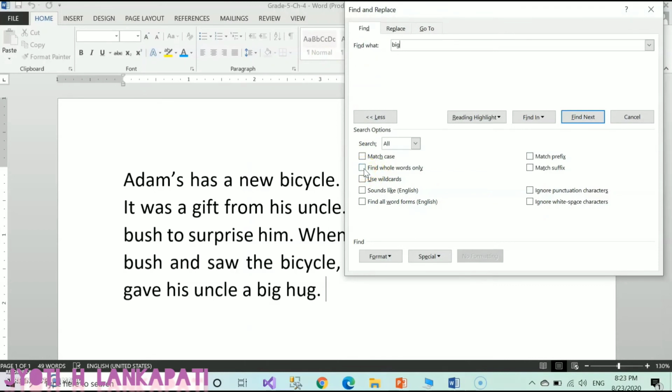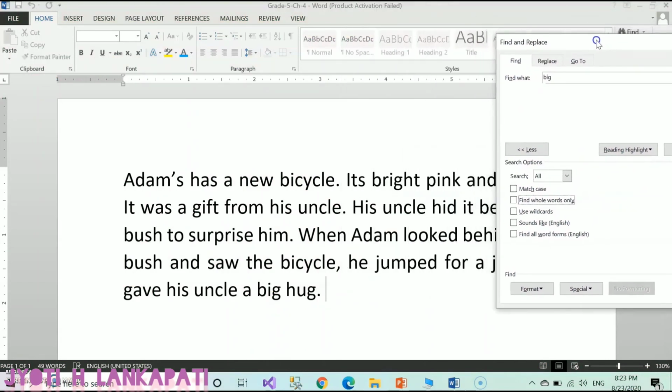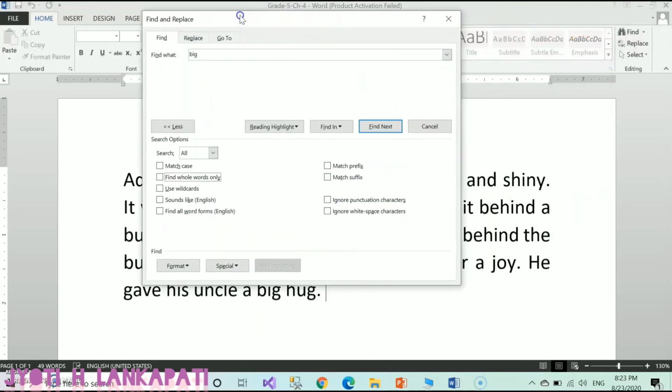If you will click on Find Whole Words Only check box, it will match the complete word. Otherwise, it will also search those words where it finds the first matching letters. Okay. So if I will check the box Find Whole Word Only and I will type the big, it will also search for biggest, bigger, big, etc. Okay.